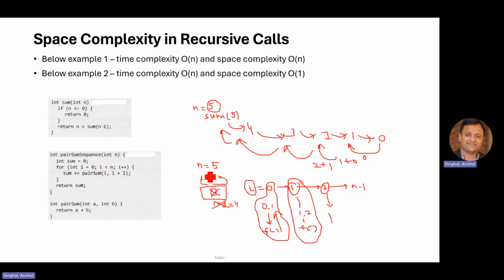To determine this pair sum sequence for n is 5, it's not that we have to hold something for n is equal to 4, then n is equal to 3. It's just that we are iterating through each index starting from 0 till 4, and for each we are updating the sum. So that's why its space complexity is constant, order of 1, but its time complexity is